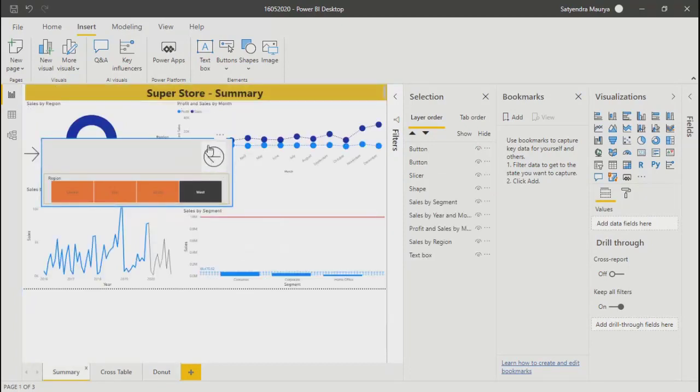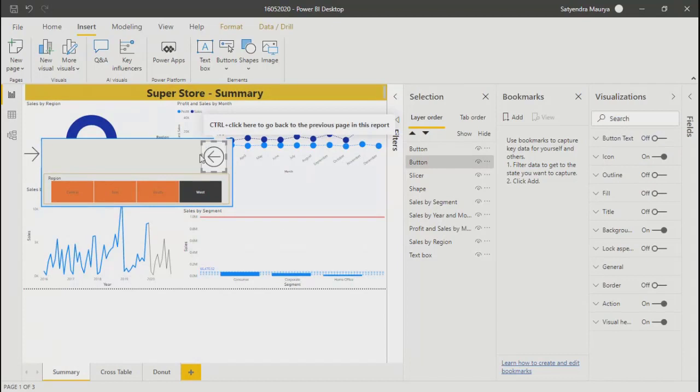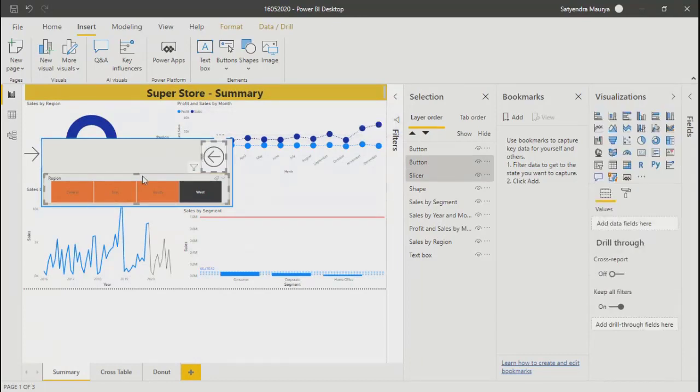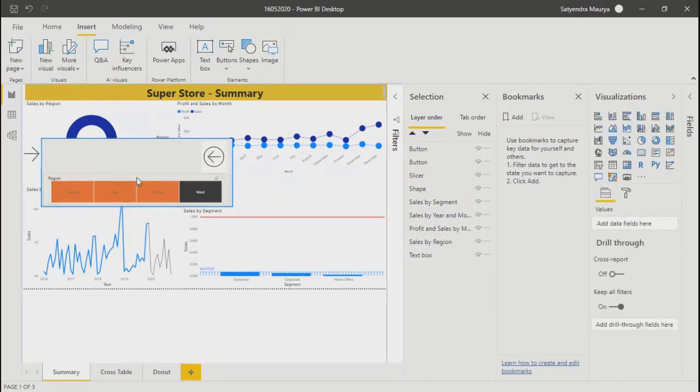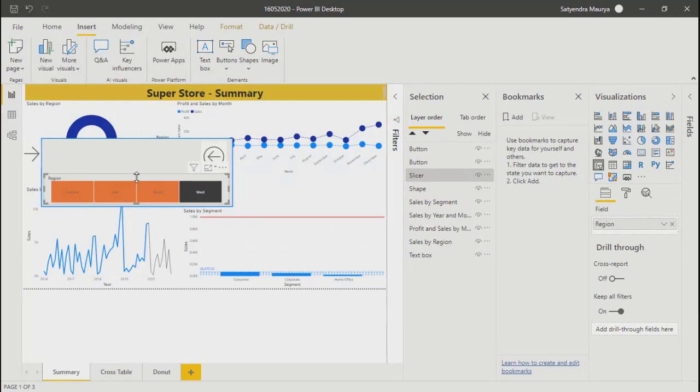First of all, this button, slicer, and this box. If you right click on top of it, I basically want to add them into a group, the way in PowerPoint you have the grouping system, right? You can club two, three objects into one. That is what I want to do.